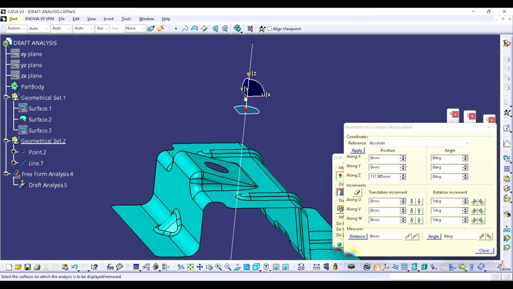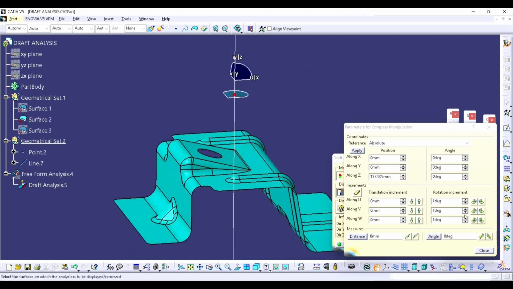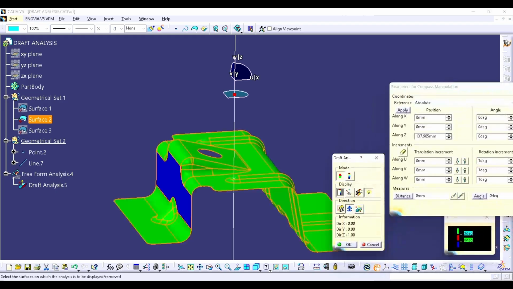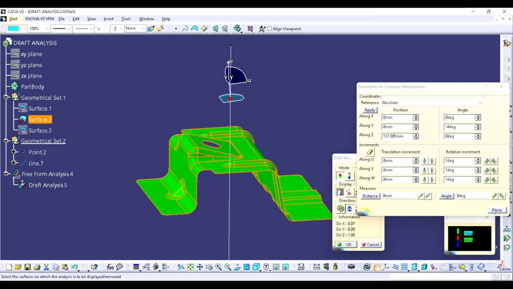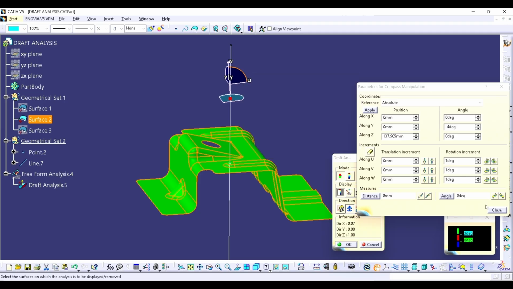For this I'm going to use V. I know we need to shift this line like this, so this face will get cleared in analysis. So that's why V, click it down, just reverse, so it will get cleared. Okay, next 1, 2, 3, 4. So this is how I have changed it. Now lock the direction, lock current orientation,